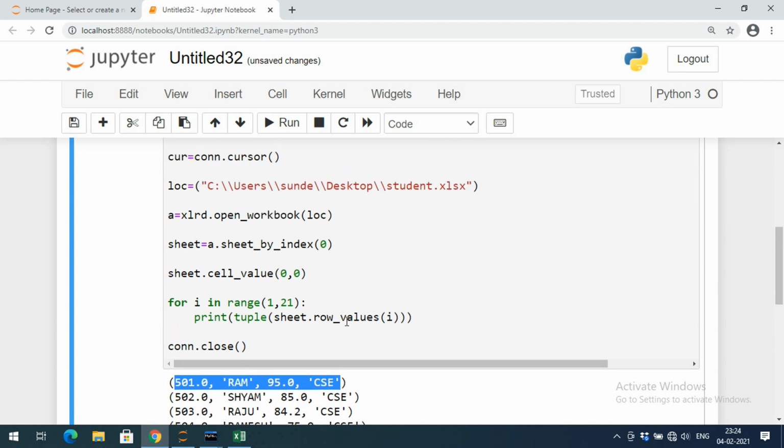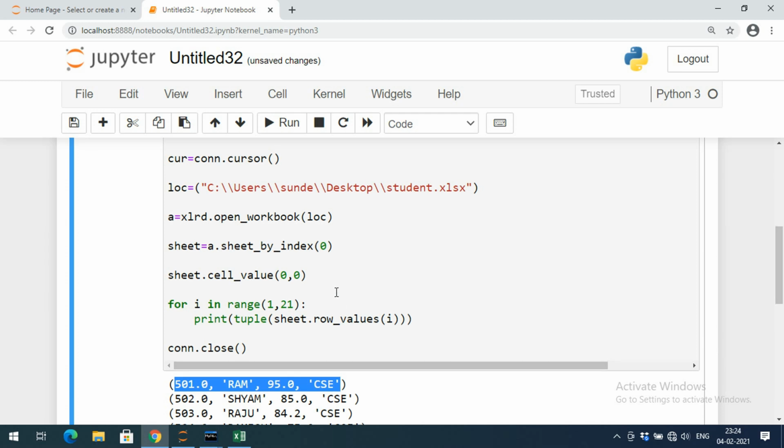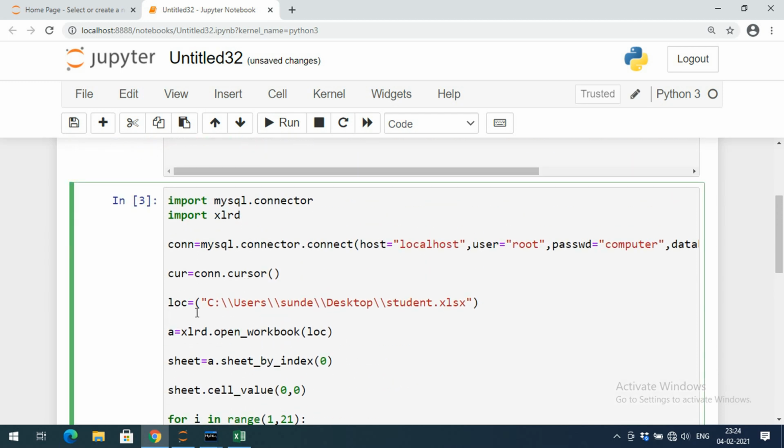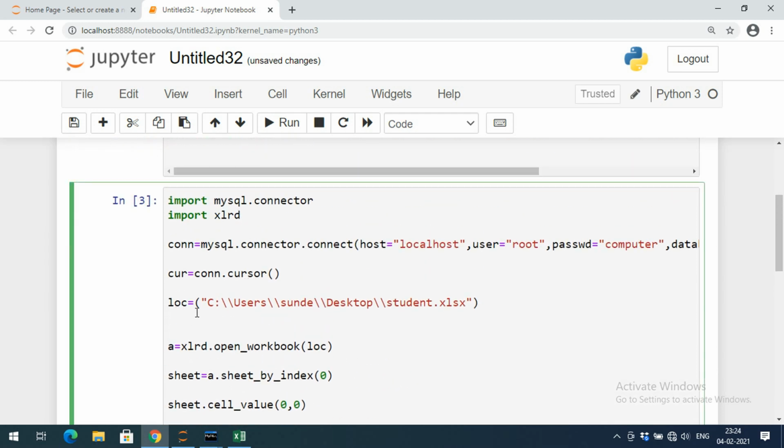Now if you want to insert more records, we have to specify multiple records in the form of a list of tuples. For that purpose, you can check the insert query. I will keep that insert query in the description section, and you can follow the syntax for that.